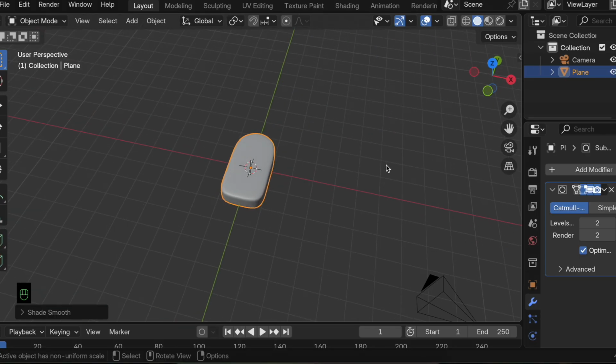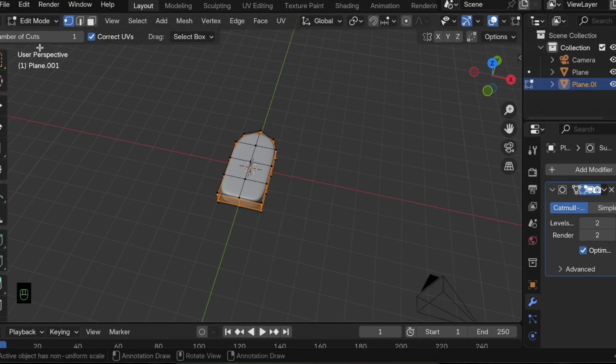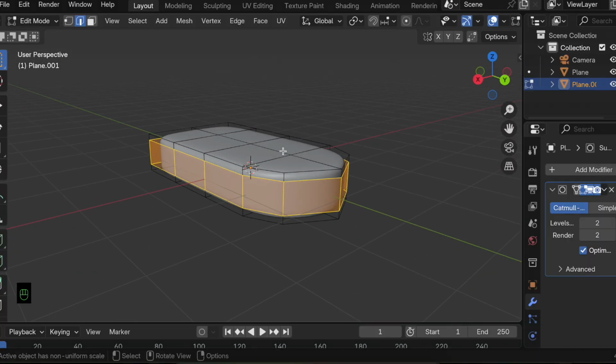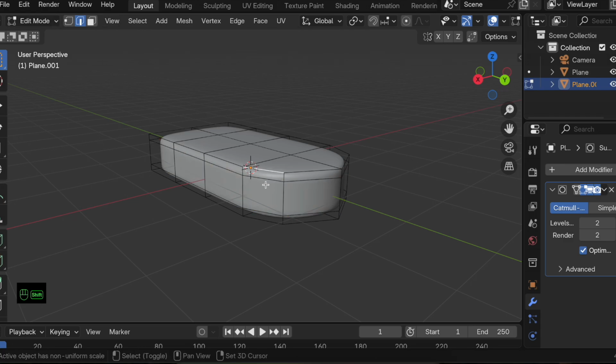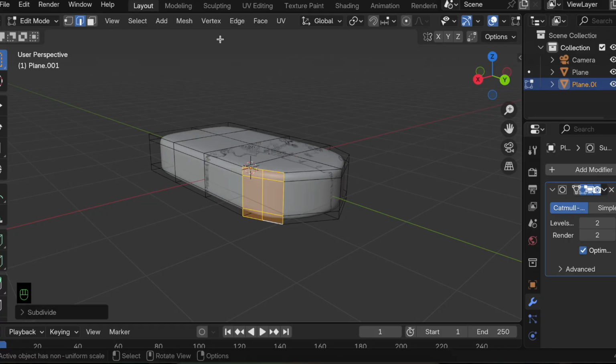then shift D to duplicate, then go to edit mode, go to edge mode, and firstly we'll come over here. I'll get rid of my loop cut by pressing this. Here I'll select this edge, this edge, this edge, and this edge. Then I'll right click, subdivide,